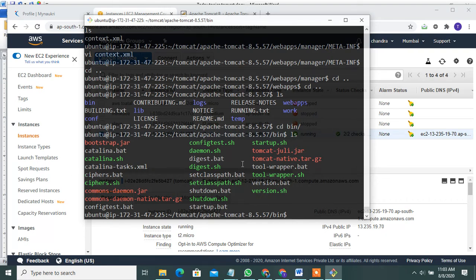See, on Windows you can use the startup.bat command, which will run the server. Here we use startup.sh.